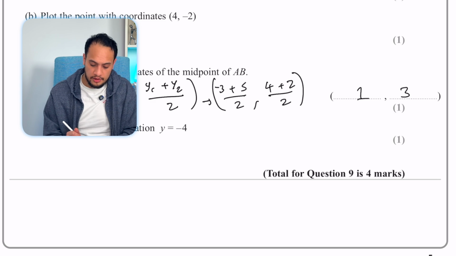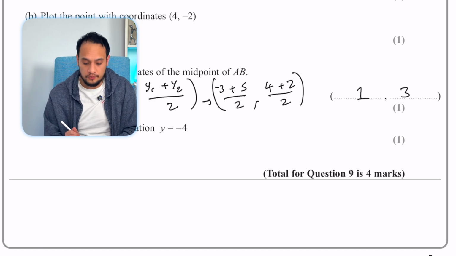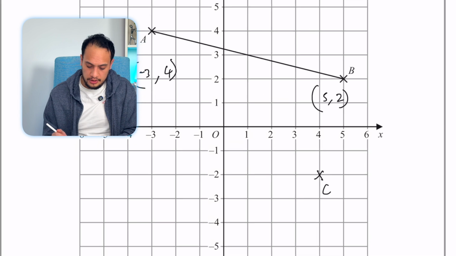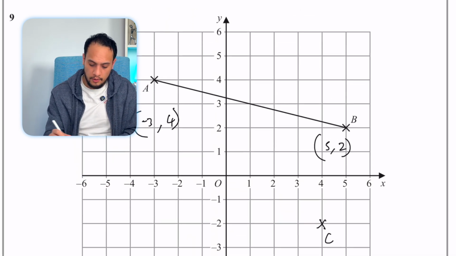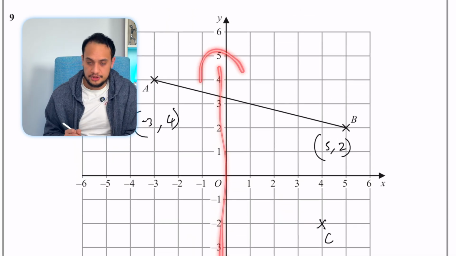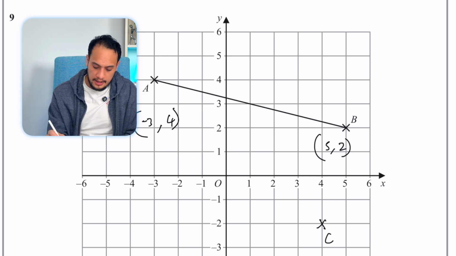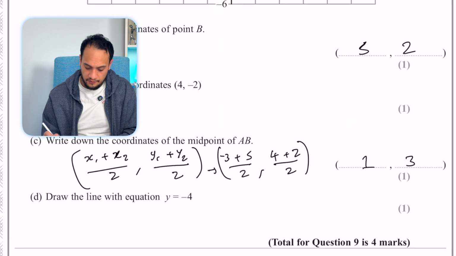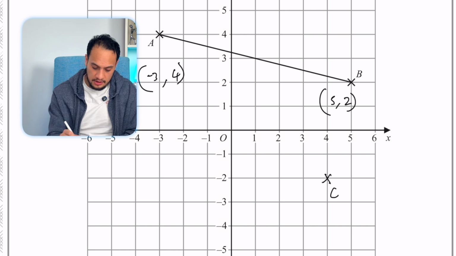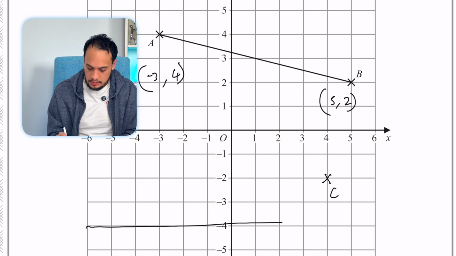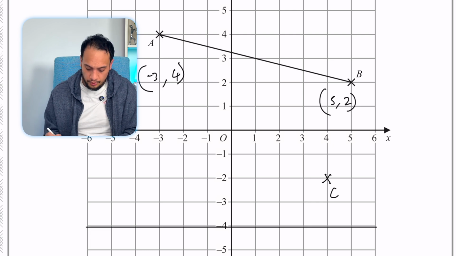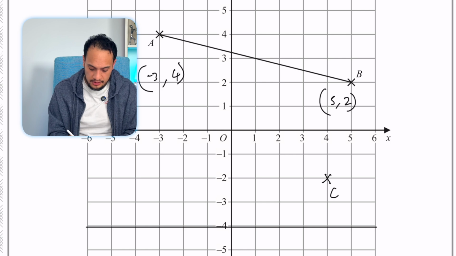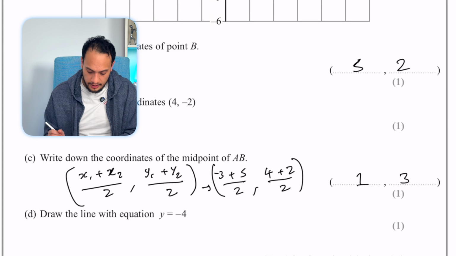Then you've got to draw the line with equation y equals minus 4. So again, we're going to look at our y-axis. So our y-axis is going in that direction, vertically. And we're looking for y equals minus 4. So I've got to draw a straight line that passes like that through every point where minus 4 is a value. So you can see here is minus 4, here is minus 4, here is minus 4, and so on. So that's our line